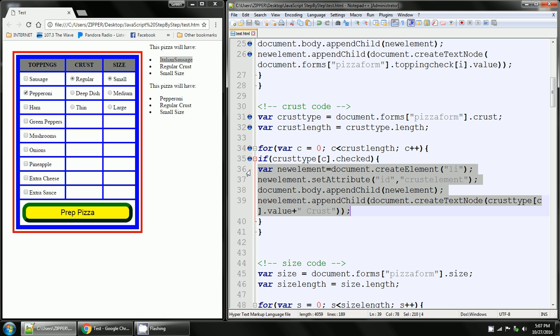var newElement = document.createElement("li"), because now we're creating a list item. Next statement, newElement.setAttribute("id", "crustElement"). Next statement, document.body.appendChild(newElement). And the last statement, newElement.appendChild(document.createTextNode(crust[index c].value